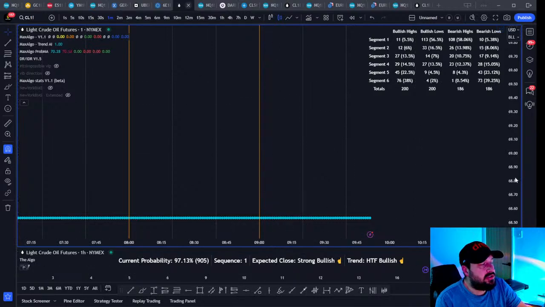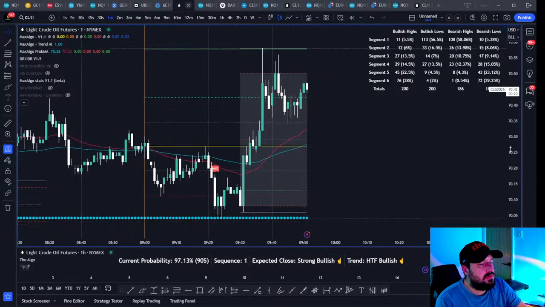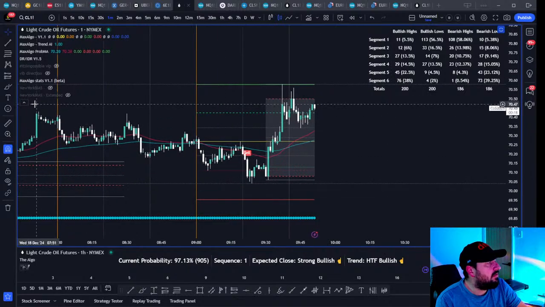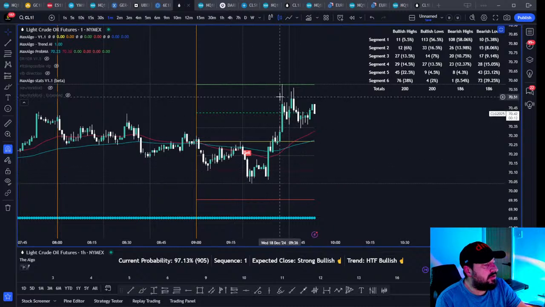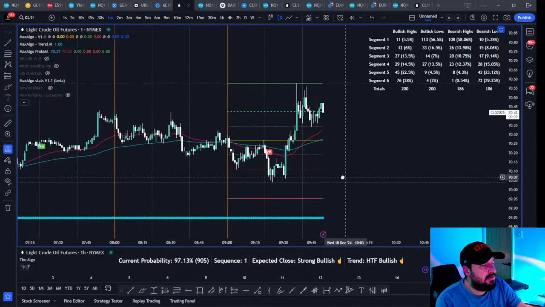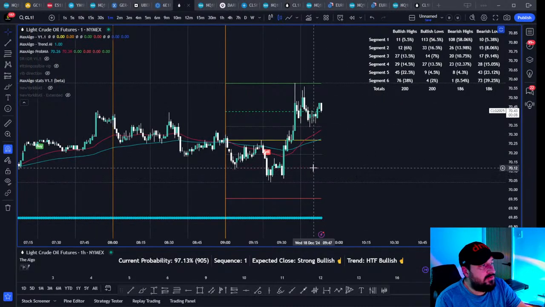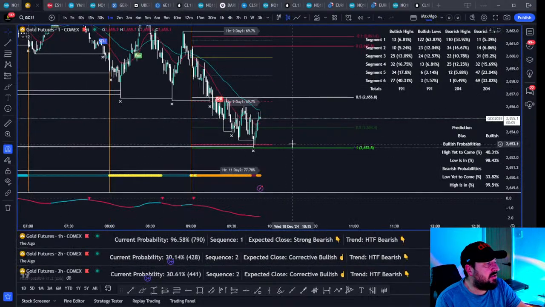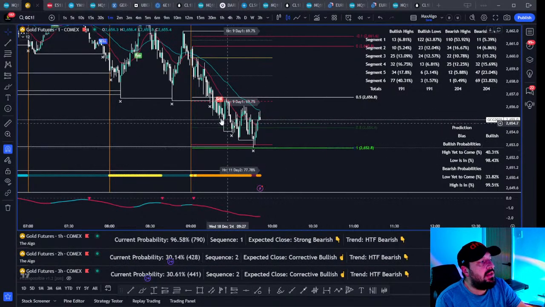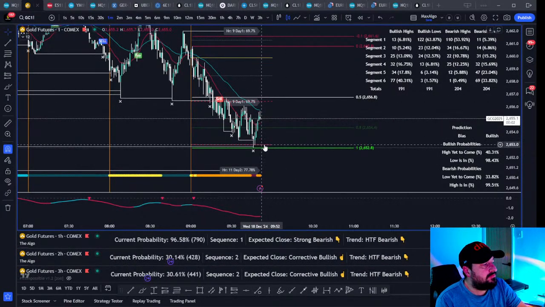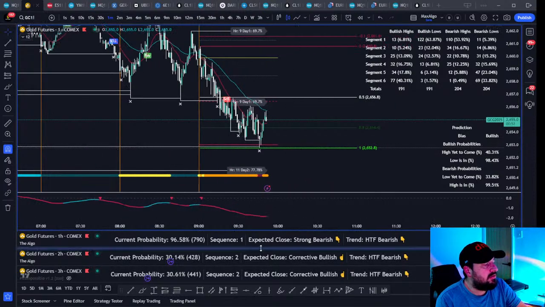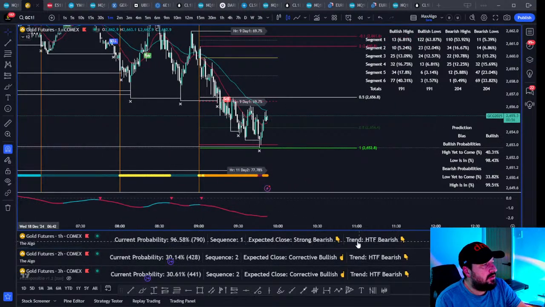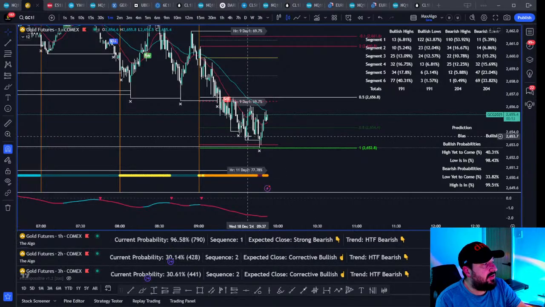CL's bullish, right? On the 1 hour. Strong bullish. We're already 51 minutes in, actually, so we couldn't be taking the gold trade anyway, because we are expecting a new hour. So we need to wait for this new hour to start. It is with the higher time frame, which is great.